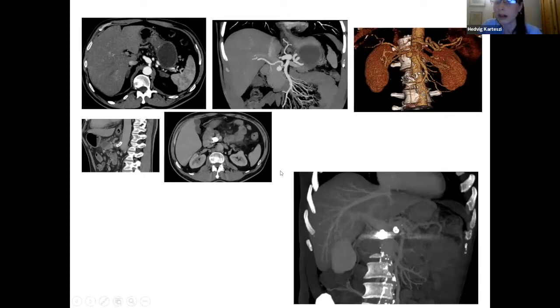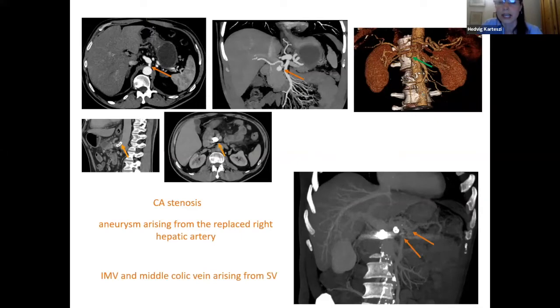These were all revealed by the staging scan. The patient had a severe celiac axis stenosis, which at a later stage was stented. He also had a 1.5 centimeter aneurysm arising from the replaced right hepatic artery. At the time of stenting, it was coiled. And as an anatomical variation, which is a bit unusual, we were quite convinced that both the IMV and the middle colic vein arise from the splenic vein, very close to each other, and approximately 1.5 centimeter from the splenoportal confluence. So with this change